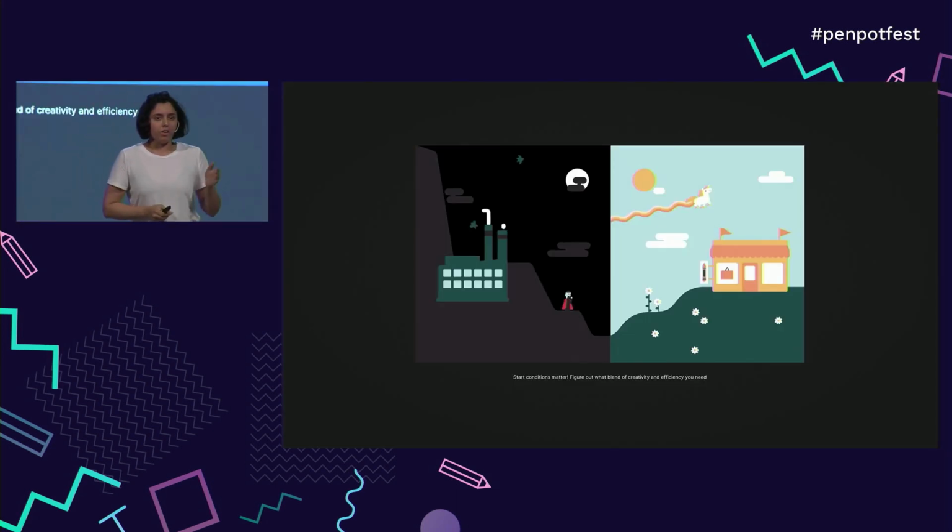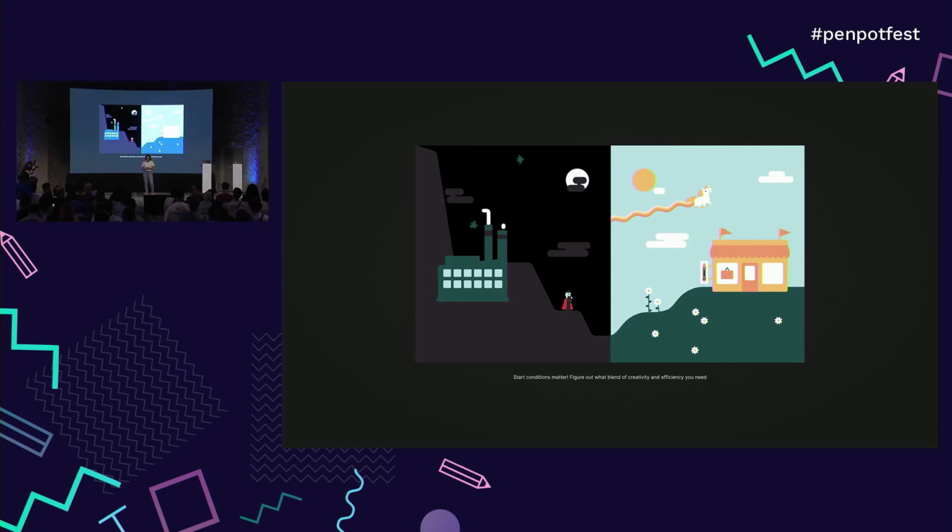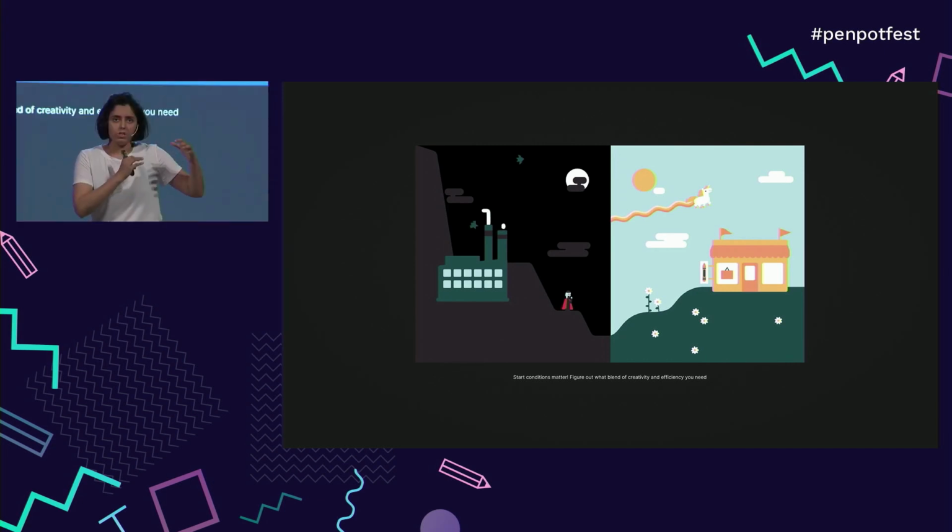So the analogy of factory versus studio, it's not something that I've come up with myself. It has been borrowed from an experiment that a Stanford professor once ran in the university. What he did was he created 2 groups of 4 people each. And to each of those groups, he assigned the exact same task. To the group that he named factory, he gave each one of them their separate desks, a pen and a paper,